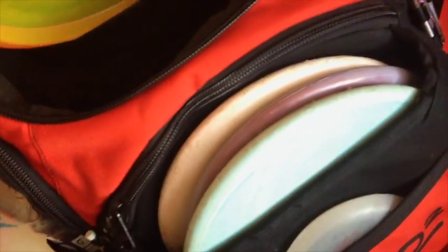So, as I said, you can have all vertical storage, but let's say you want to fill up these first 2 slots with discs, and I'm having to do this with one hand. It's actually quite a snug fit, which is great because they're not going to fall out. There's 1, 2, and let's just throw in a 3rd one right there. The reason it's a little difficult to put that in is because I have one of my hoodies stuffed in the side pocket, so this main compartment is just a little bit snug. But as you can see, those 2 compartments can fill up,